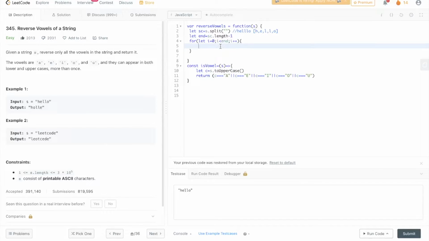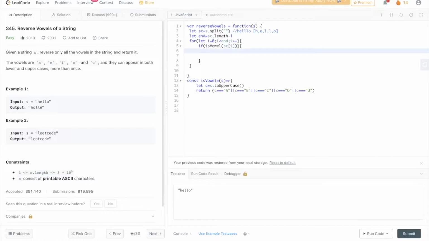And now we're going to check isVowel for the current one. So it's going to be S C of I. So if the current index I that we're looking at is a vowel, then we need to look for the first occurrence of end also being a vowel. And the way to do it is using a while loop. So we do if not isVowel